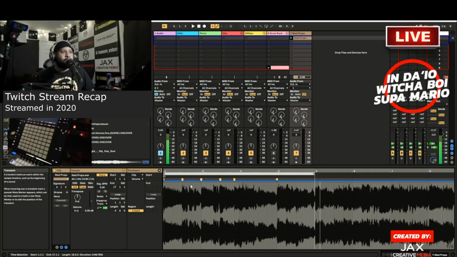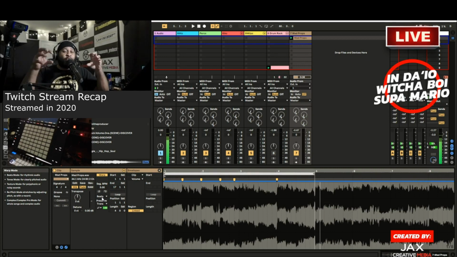Perfect. Okay. Now, the thing that we want to do now is change the warp mode. The warp mode is the second most important thing because we're getting it set up for the Simpler device, okay? Now, it's on Beats. Not a problem, but we made changes to the